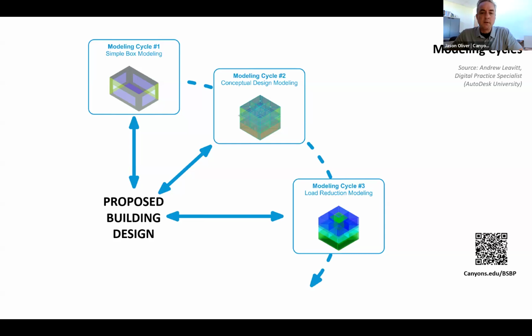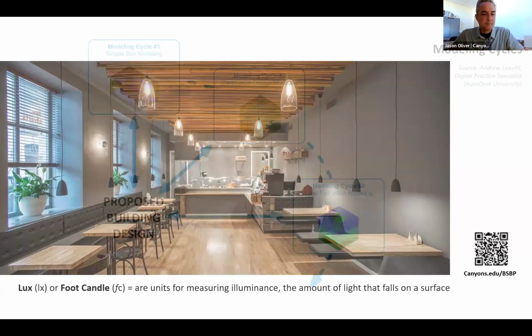and can start to even reduce the loads early on in the conceptual design of a project by sort of knowing how the environmental factors are influencing the loads on the HVAC system. Are we having to overcool a certain space because it's got too much solar radiation, or vice versa? Do we have areas that we're always going to have to heat because they don't get any kind of natural daylighting? And so early on, we can actually start tweaking the envelope when we have the ability to do that in a much easier way.